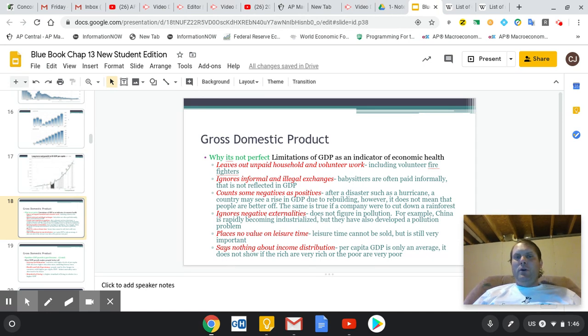If we want to focus only on producing stuff and not necessarily conserving the environment, we could cut down the rainforest and make a whole ton of money. We could catch every crab in the Bering Sea, if you've seen Deadliest Catch, and not have crabs come back the next year. We can pollute and pollute and pollute, and that obviously is not going to end well. So it doesn't take into account the quality of life that we might get from limiting that stuff.